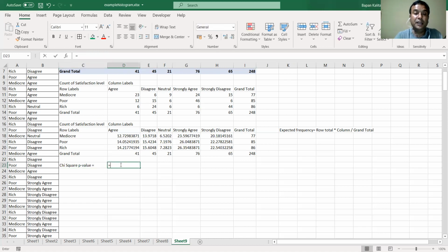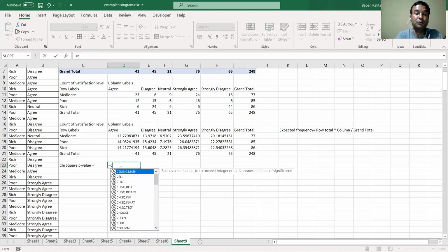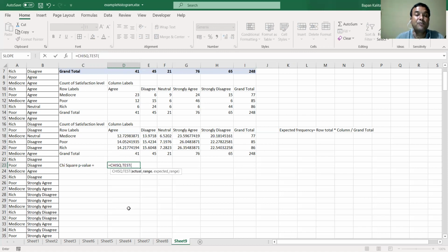so how to do it? There is a formula. You click C, then you will see different functions, and we select this CHISQ.TEST. Then you see here actual range and expected range. The observed frequencies are termed the actual range.